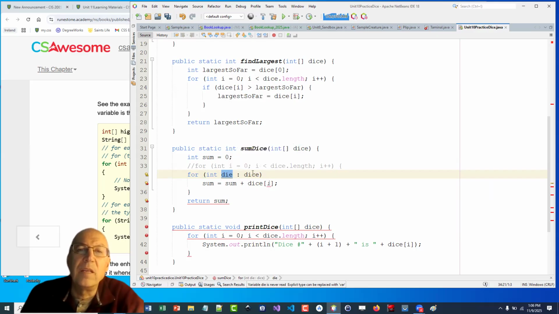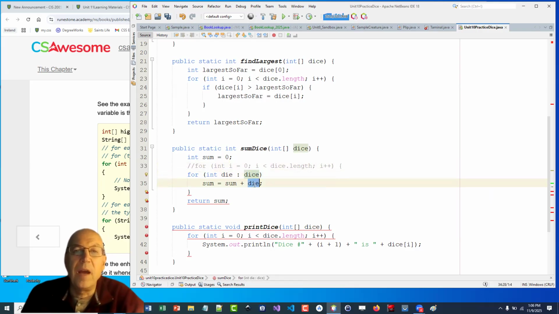So die will be assigned to dice sub 0, dice sub 1, 2, 3, all the way up to the length of it. So rather than doing this i and saying dice of i, we can say die is going to be assigned to each value here, and then we'll just replace dice of i with die here. And this will do the same thing. This loop and this loop are the same for this. Here, maybe I should show you,